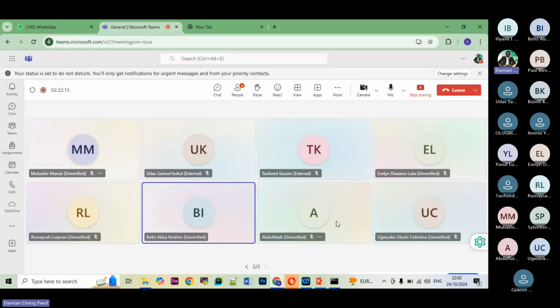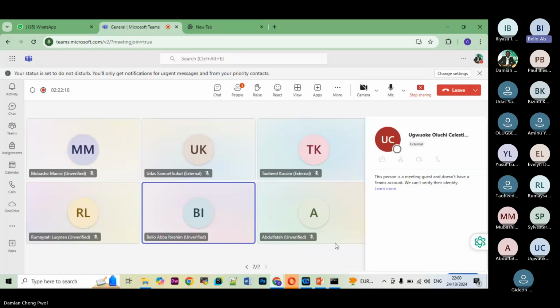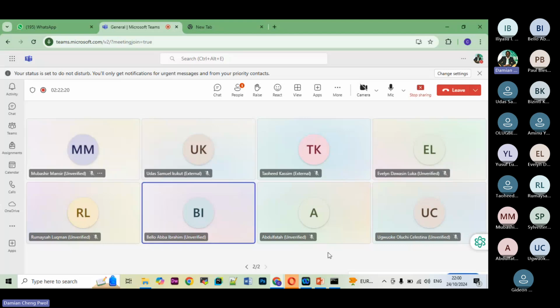Oluchi Celestina. Okay. So quickly, ask your question. I think it's time already. All right, sir. My question is in regards to ransomware, a ransom attack, which is more like kidnapping, in simple terms, sir. Is there any way a person can regain control of his documents or systems without paying the